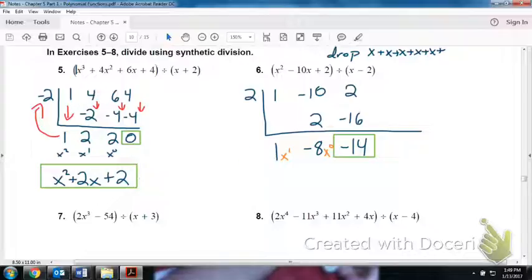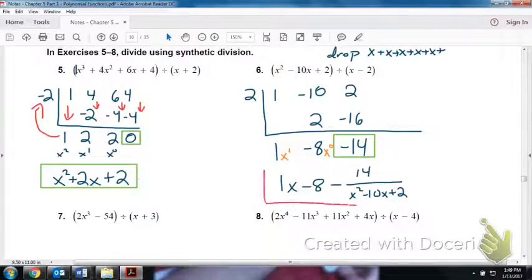So our answer is 1x minus 8. And since this one's negative right there, it'll be minus 14 over my original x squared minus 10x plus 2. So this one didn't come out evenly, so the answer looks kind of ugly